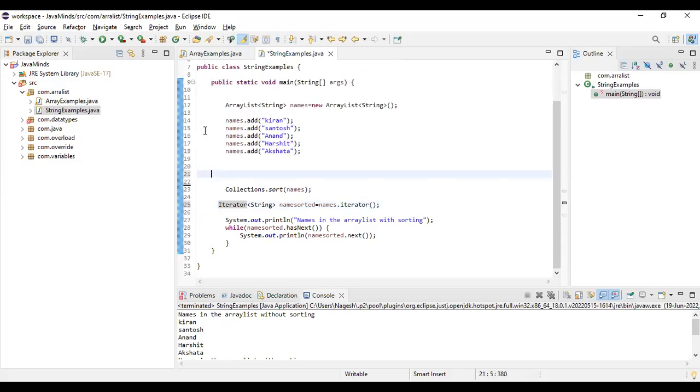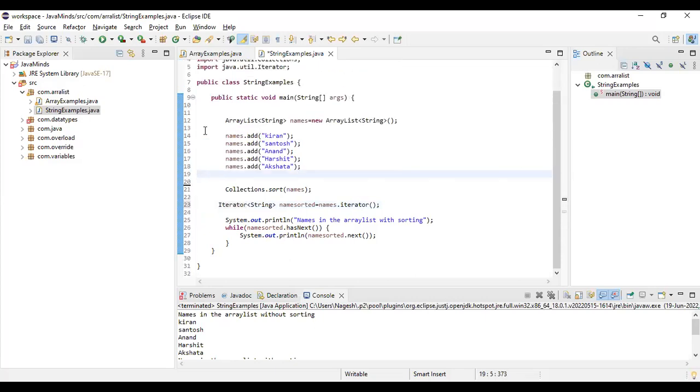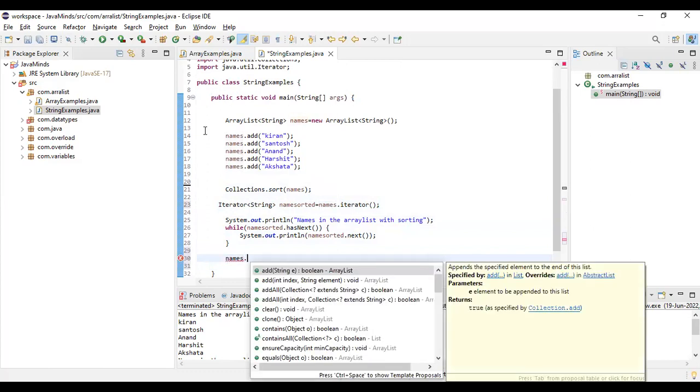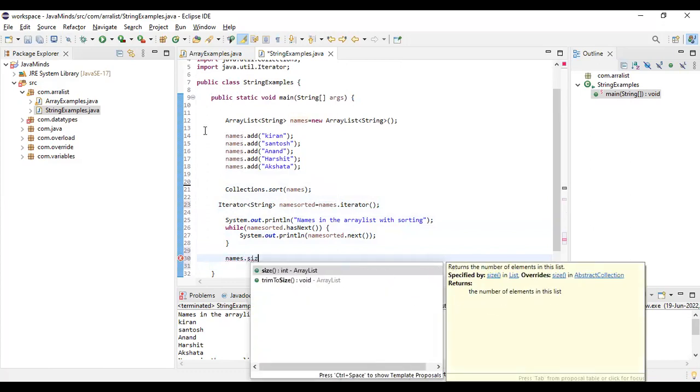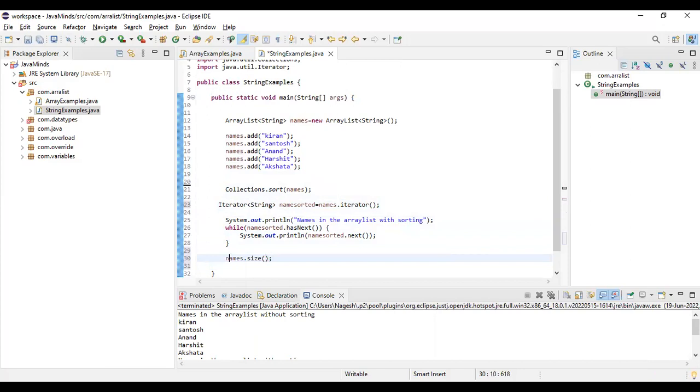I'm removing this iterator without sorting. Before, we already discussed the methods of ArrayList or collections. One of the methods is size. So size we can use now. What is the size of the ArrayList of these names? Size of names ArrayList is